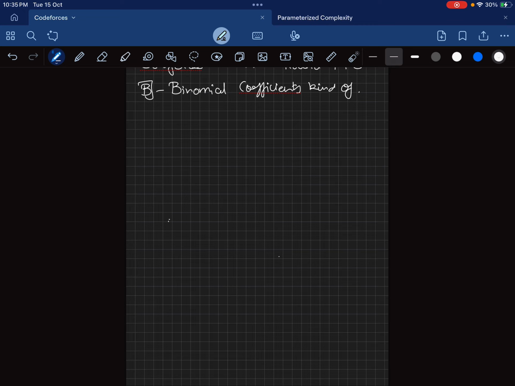Moving on to the next question, that is the new game question. So question number C is new game. In this question, we are given n cards, and each card has some value written on it, a1, a2 up to an. Okay, and what we are supposed to do in this question is,